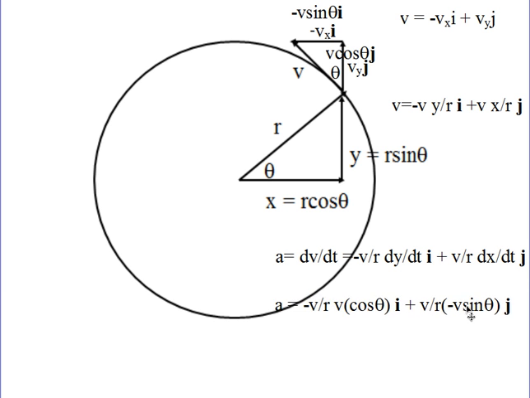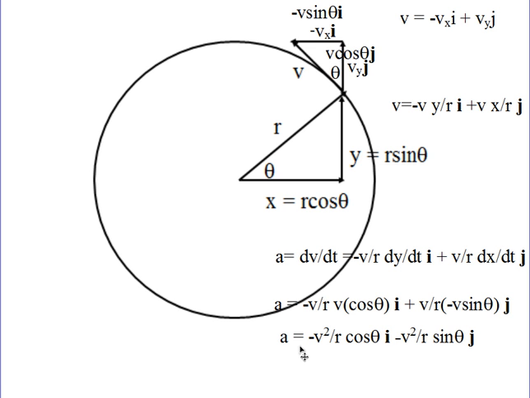And dx/dt is the x velocity, which was equal to negative v sine theta. So I put those values in, and now we have v times v. So you've got that a is equal to negative v squared over r times the cosine of theta in the i direction, and negative v squared over r times the sine of theta in the j direction. You can see that we have that the magnitude of a is going to be v squared over r,